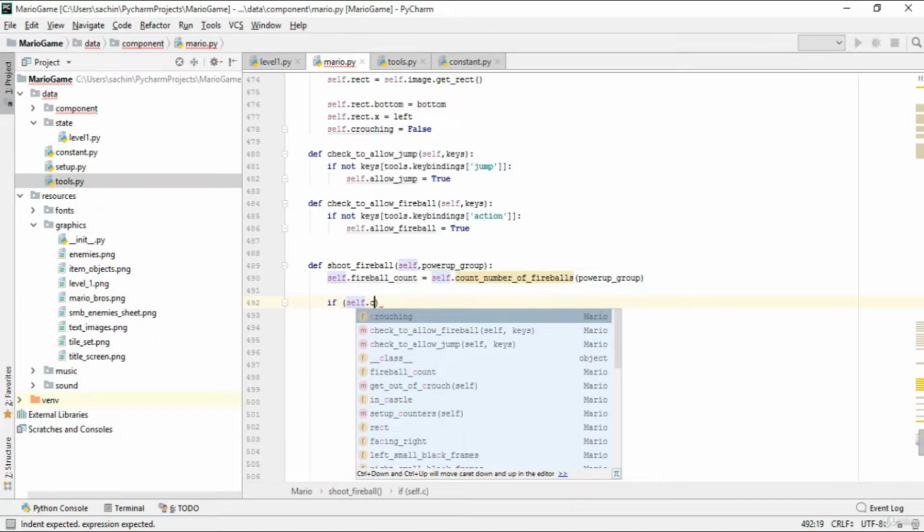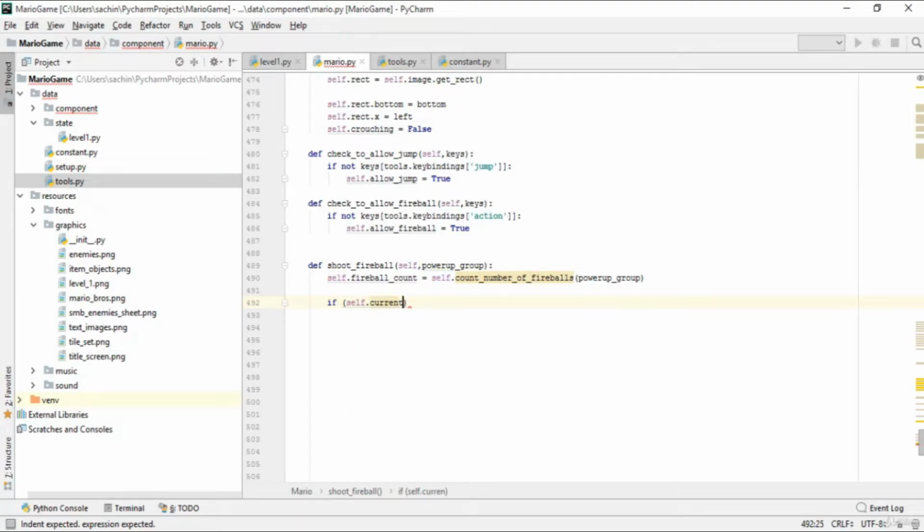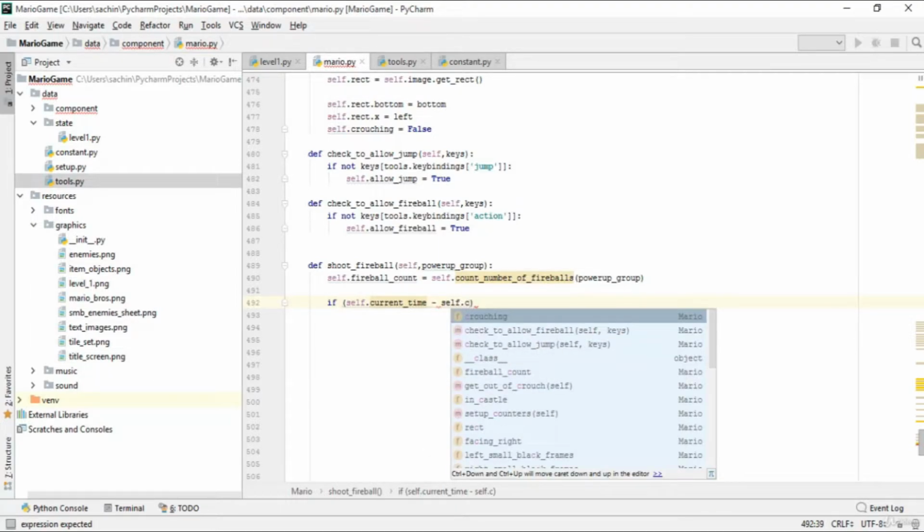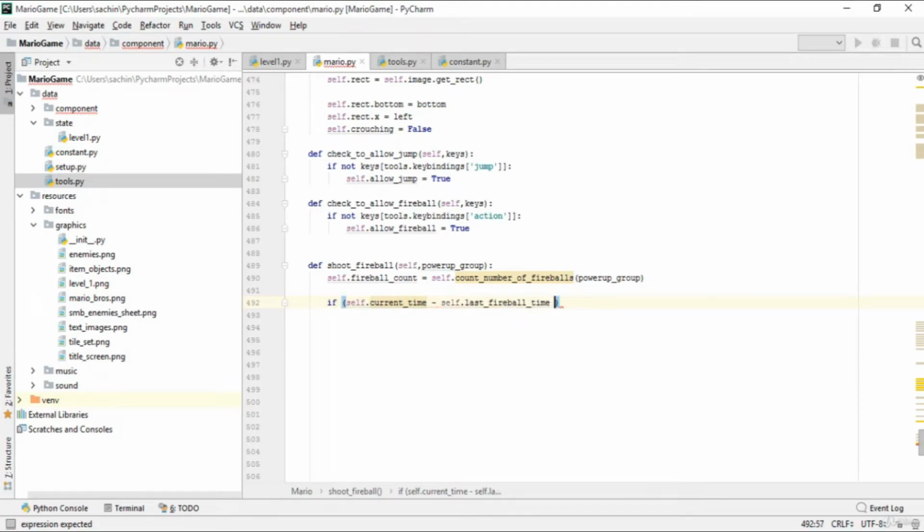I'll say if the current time, after getting it, we subtract self.count, it should be here as a count, the last fireball time, and if it is greater than 200,